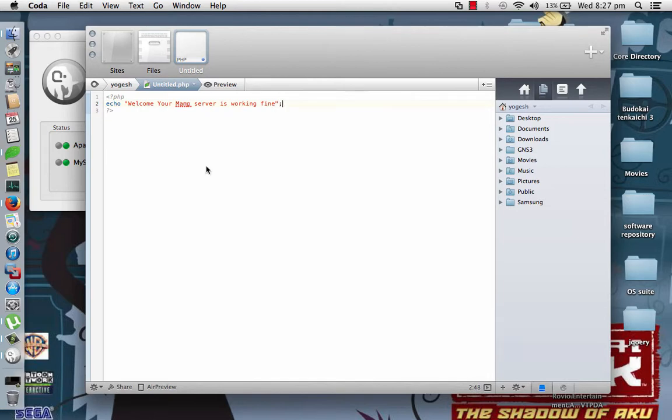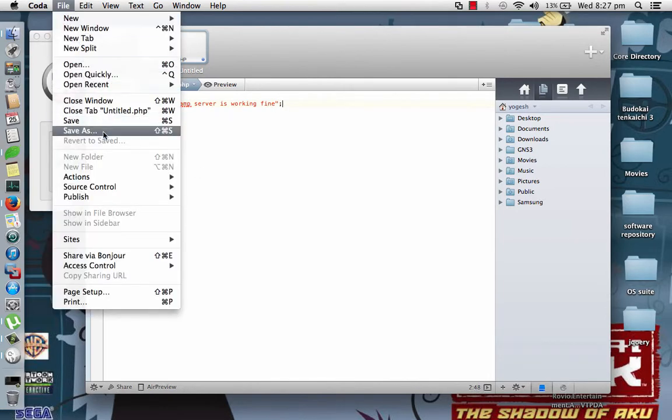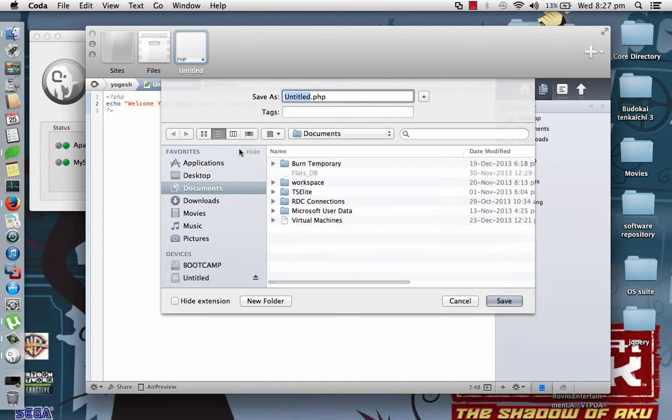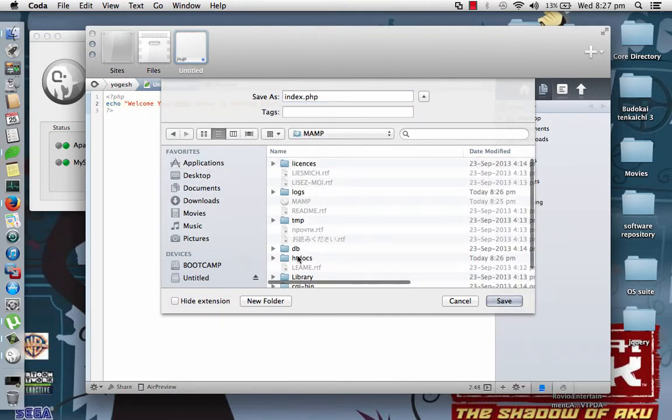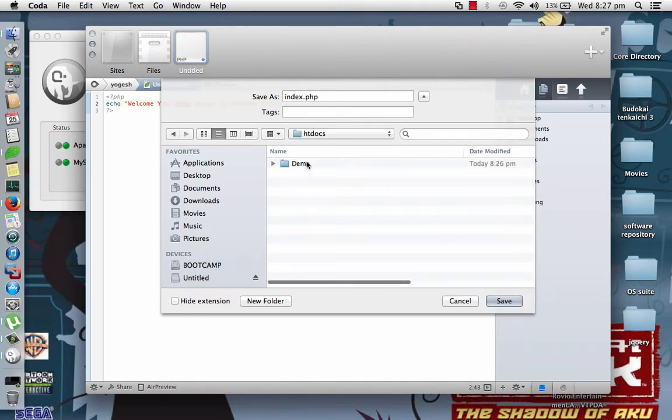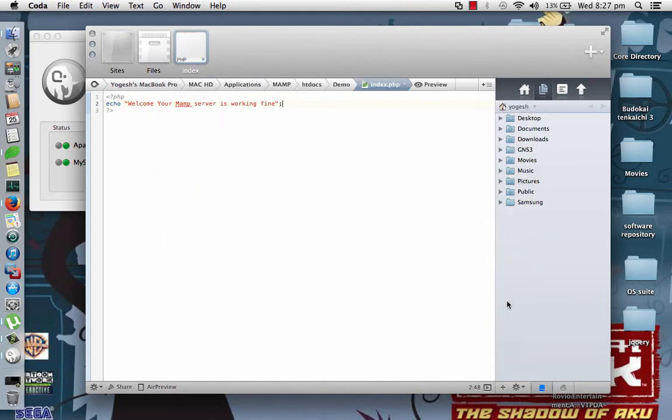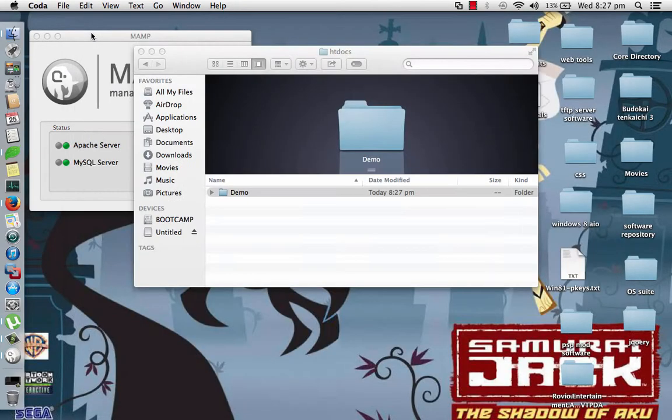So once it's done, I'll save it, and I'll save it in the same directory that I created in the htdocs in MAMP. So I'll go once again to applications, inside MAMP in htdocs, and inside demo I'll just save it. So once it's done, I'll just close this file.